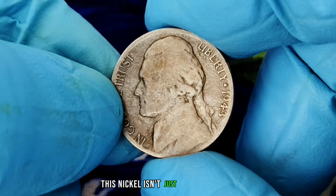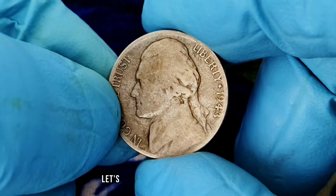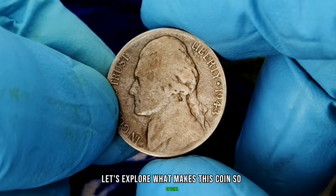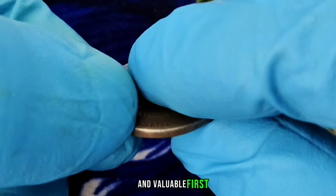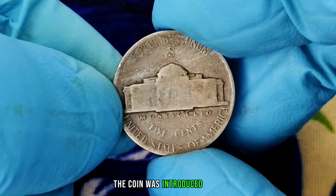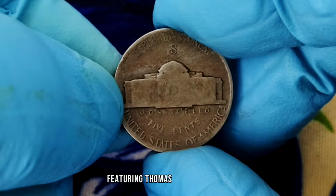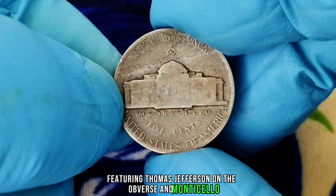Next up, the 1943 Monticello Jefferson nickel with a large S mint mark. This nickel isn't just a part of history, it holds significant value in today's market. Let's explore what makes this coin so special and valuable. First, let's talk about the Jefferson nickel's history. The coin was introduced in 1938, designed by Felix Schlag,